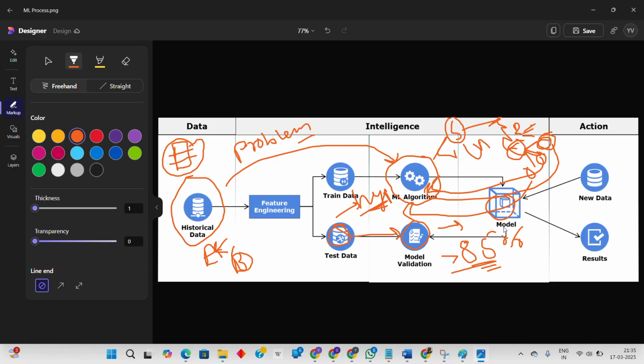Sometimes hyperparameter tuning can help you get the most desired value. Hyperparameter tuning and ensembling techniques will help you get good accuracy. Once you get good accuracy, it is ready to test with new data, and you will get accurate results. Whatever accuracy you obtain, the results will be that accurate. And remember that you will never get 100% accurate results, because if you are getting a 100% result, it is